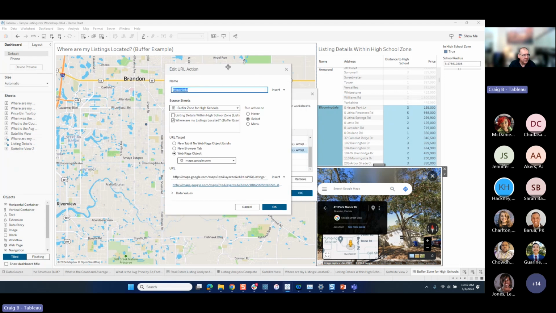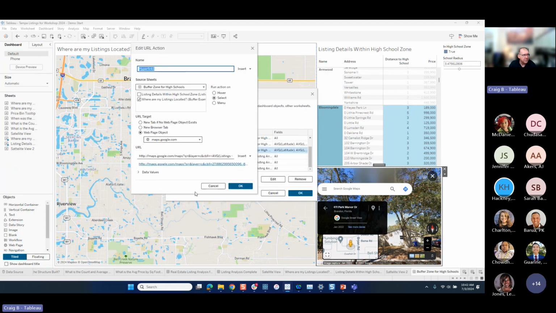All right. I don't know if you can see this, but it's called a URL action. And what it's doing is taking the input from a source sheet on a select. So I'm on the sheet where my listings are located, that's this viz over here. So it knows that there's a point. And then the target is a web page object, which is